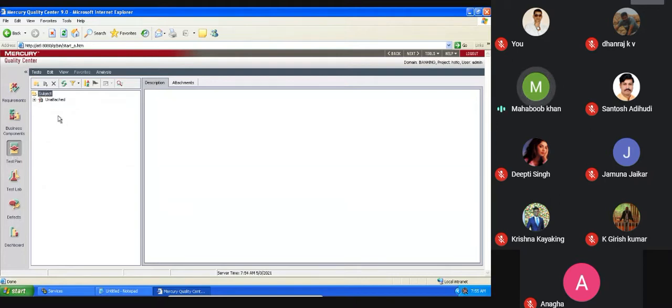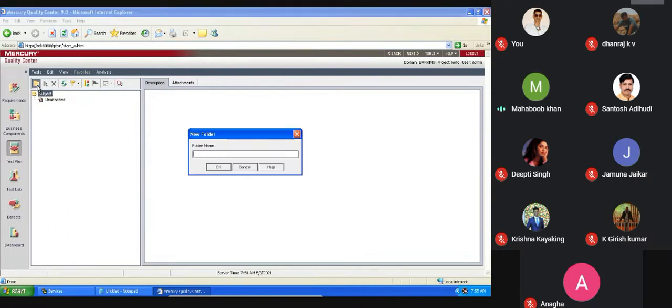So when you see here, nothing is there. Correct, it's new, but when you start working, it will be there. So how to create this? There is a new tab. Click onto the new tab. You will be getting the folder name. Once you get the folder name, give the project. So this work will be done by the project lead. Big Bazaar project. Okay, so this is the project name.